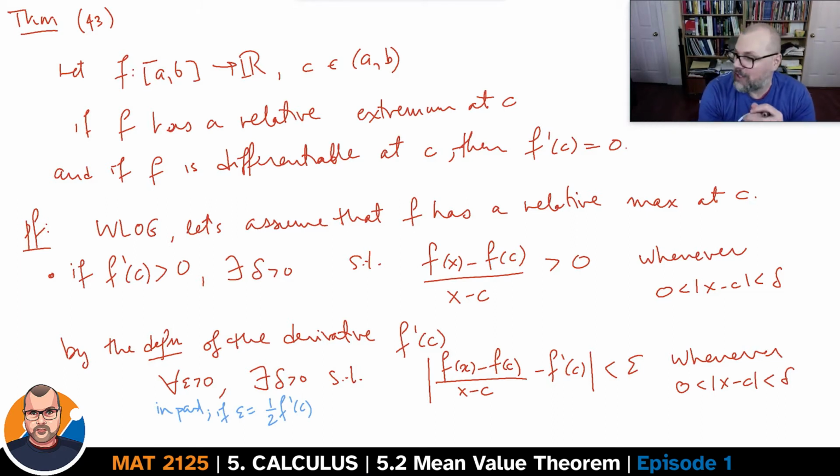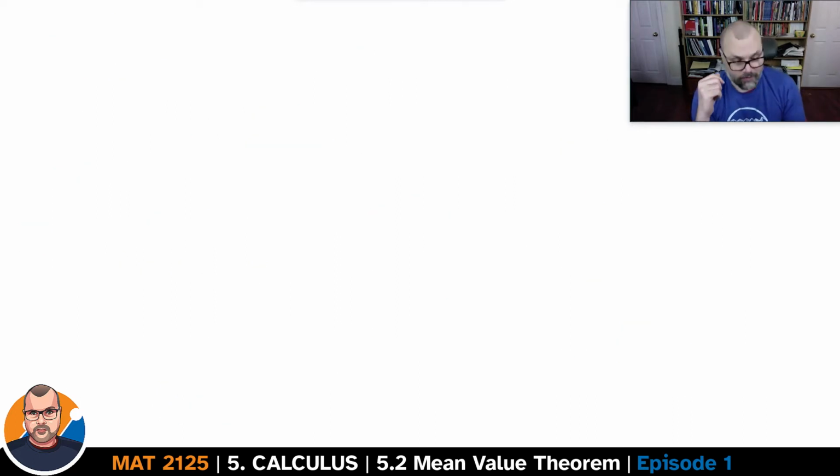So there's going to be some delta, which will guarantee that the absolute value of (f at x minus f at c) divided by (x minus c) minus f prime at c will be smaller than epsilon, which we said here was 1/2 of the derivative, whenever x is in a neighborhood of radius delta centered at c, excluding the point c itself. Now let me use the definition of the absolute value here. What this means